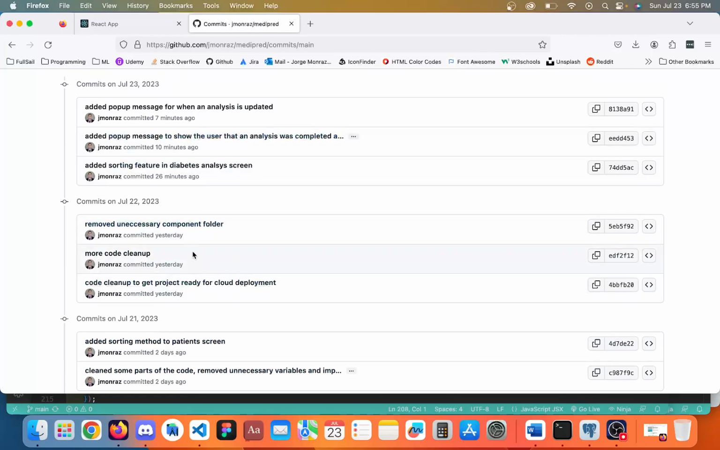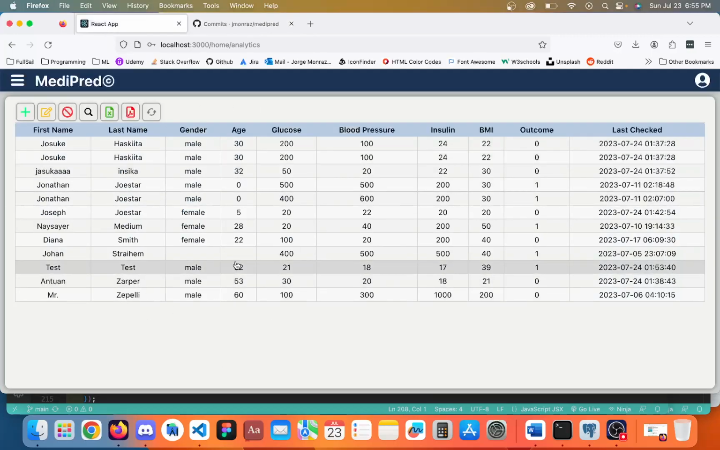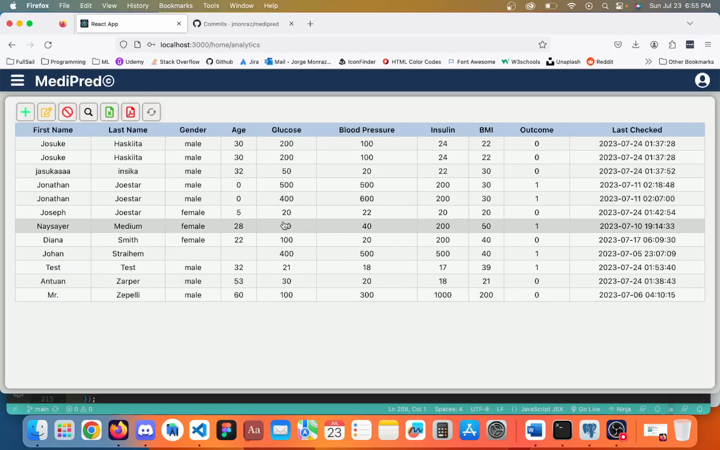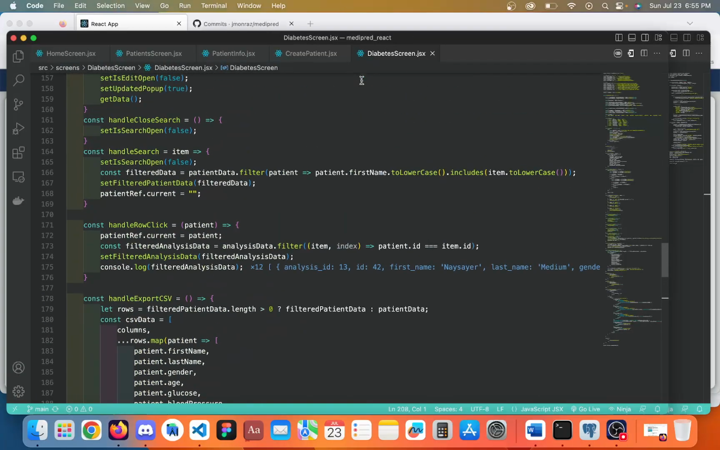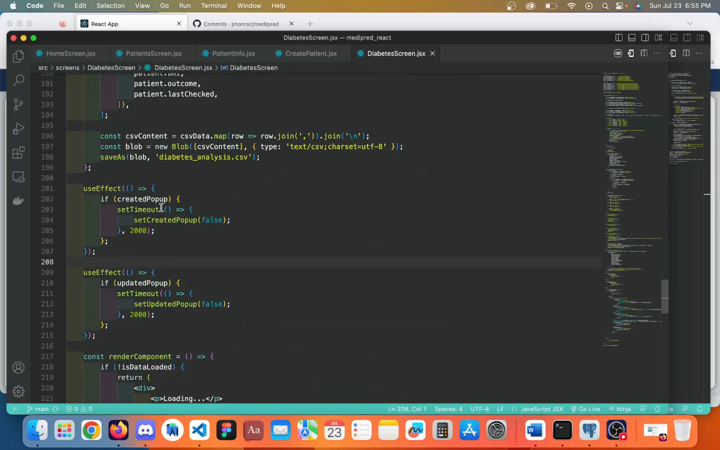This week was a lot of code cleanup and improving the features that were already in the application, because that was my main feature in the app. Getting a prediction, sorry, an analysis of a patient having a risk of getting diabetes. So I improved that. And also I want to show right here, for example, on the diabetes screen, I use some useEffect